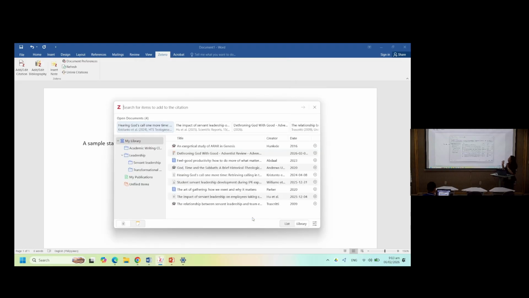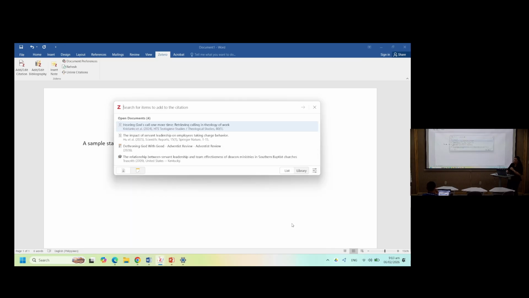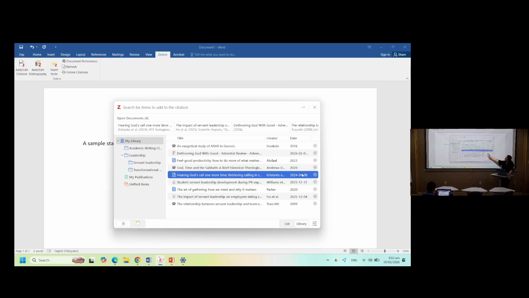So, you will have this window or it may look like this. Okay, so you have two options. You can either have a list or library. So when you click on library, you will see the whole, it's like a mini version of your Zotero. Okay?